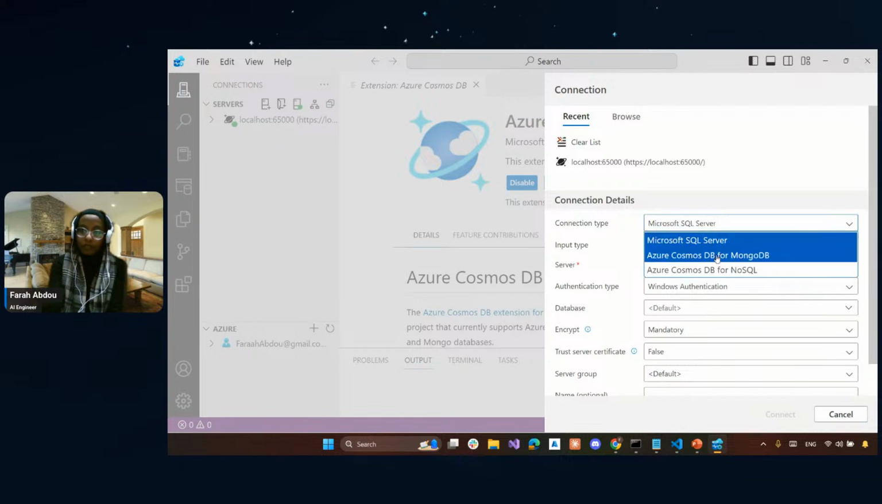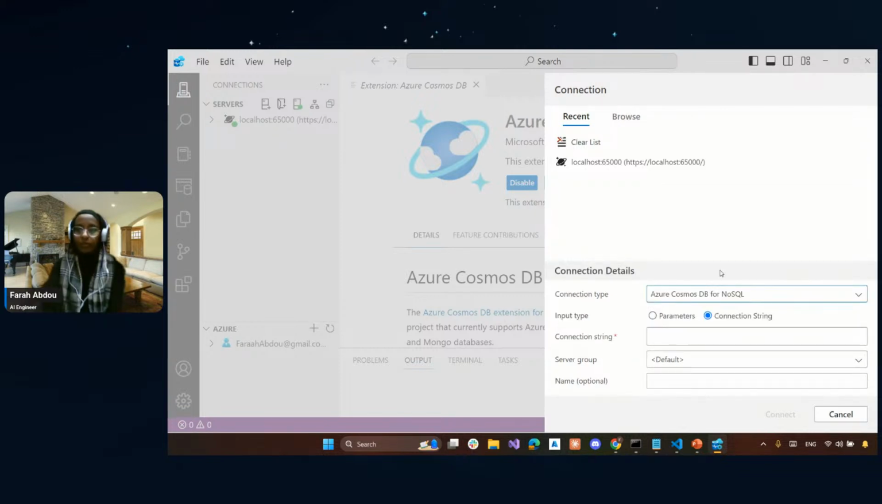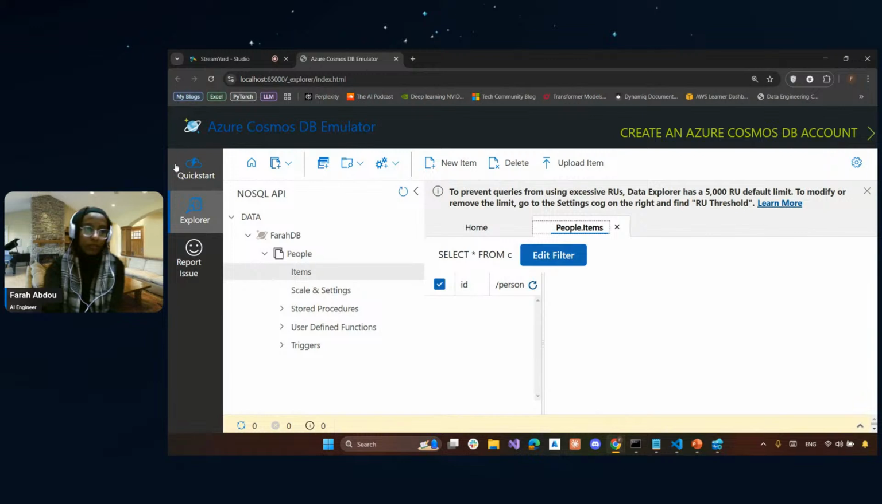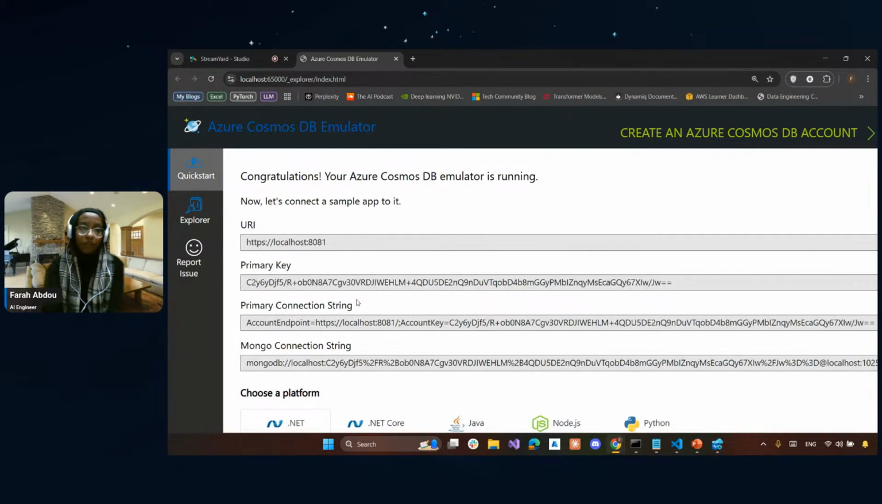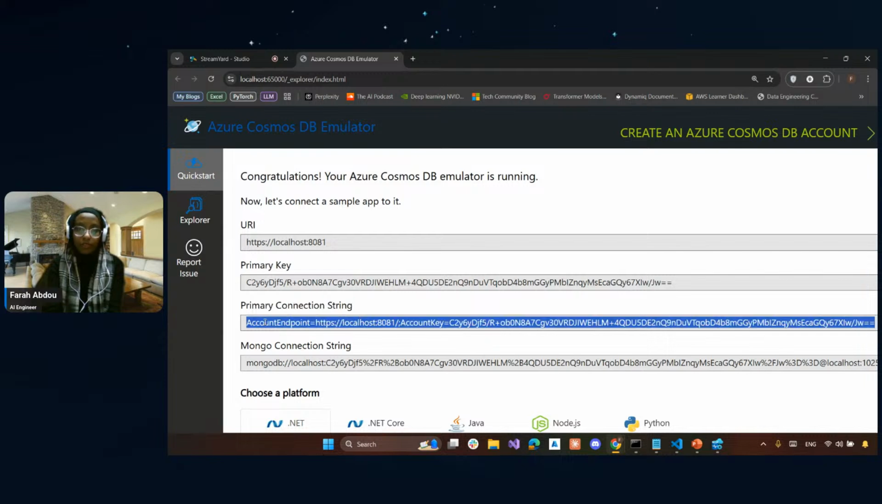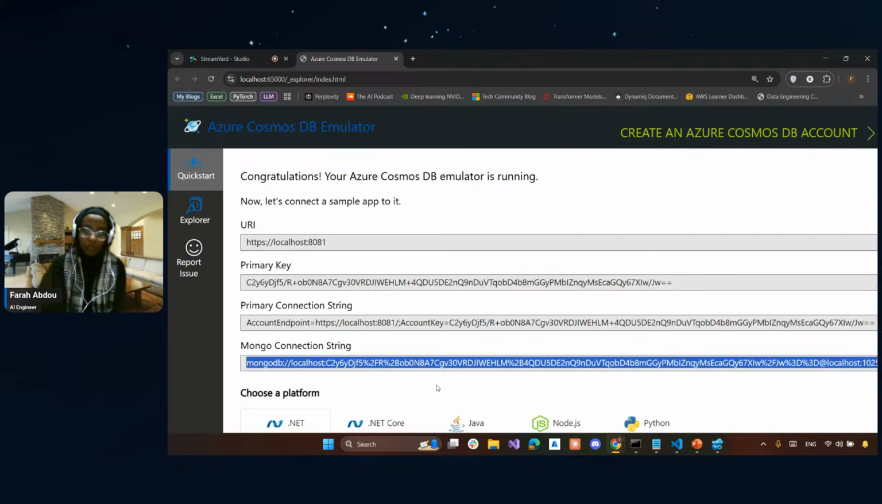After that, you need to choose. You are working with NoSQL right now. So the connection string here is actually the one that is in my emulator. You can find here the connection string, right? The primary connection string. Just copy this, which is starting with account endpoint, and paste it in your Azure Data Studio. If you are using MongoDB, just copy this one, the Mongo